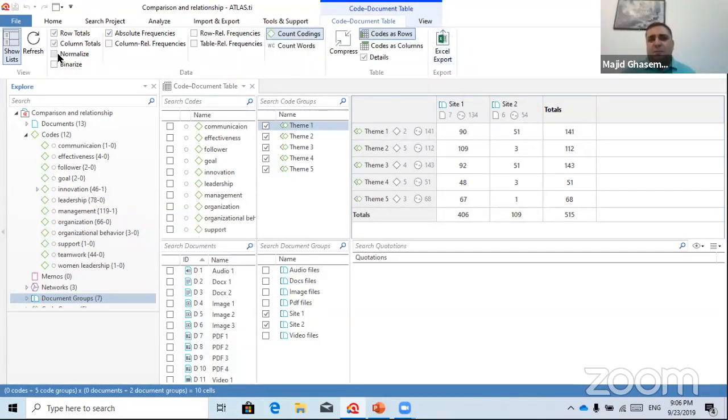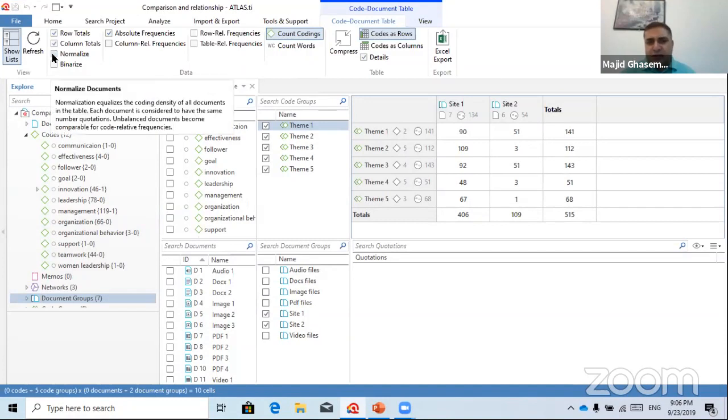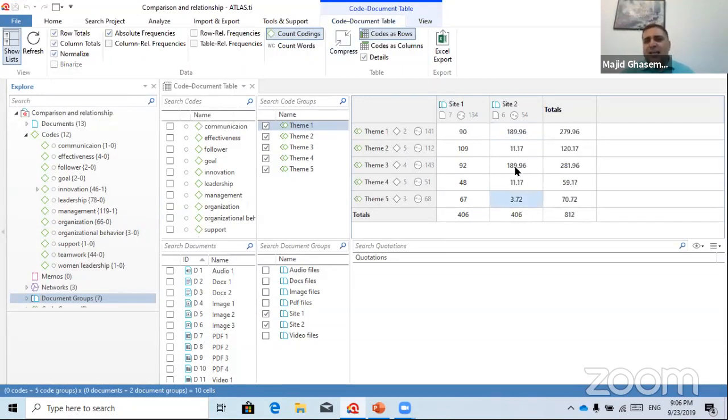ATLAS.ti has an option here, which is the normalize option. If I click here, you will see that these values are adjusted in a way that the total values at the bottom become equal. Now you can make a comparison. For example, you can see here that